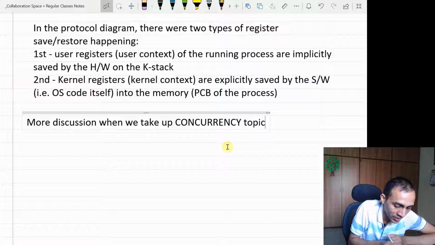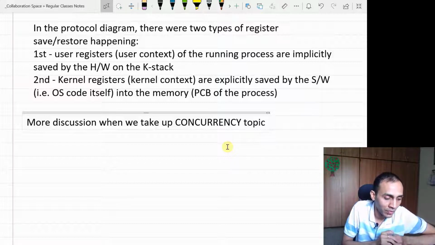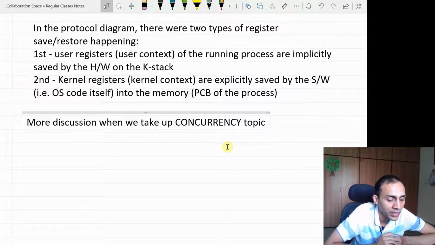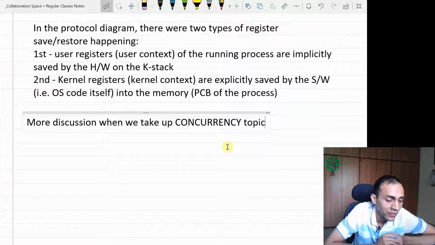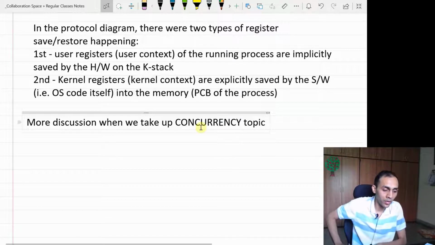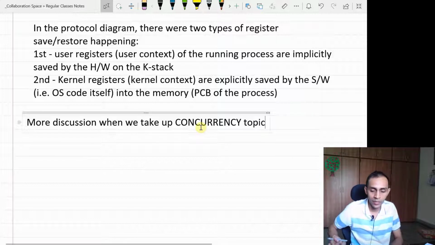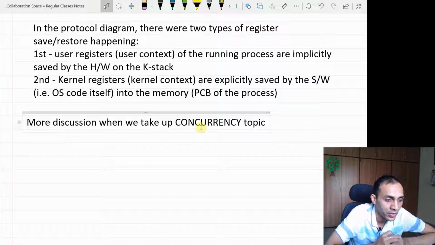But just to give a simple idea, one simple approach is that when the OS is handling a particular system call, it can disable the timer interrupt for the time being. The OS has that privilege to disable the timer interrupt as soon as a trap handler comes to it and it is servicing that request. Then when the service is done, it can re-enable the timer interrupt. That is a simpler approach, but it is not efficient because there is a chance of losing important information, since interrupts can come from many sources, not just from the timer.